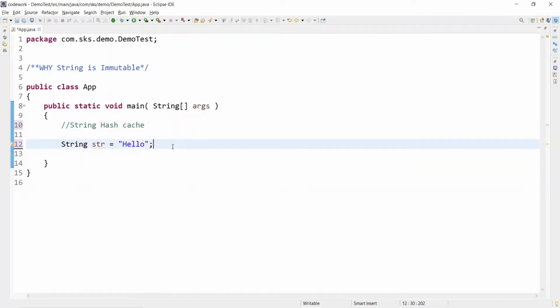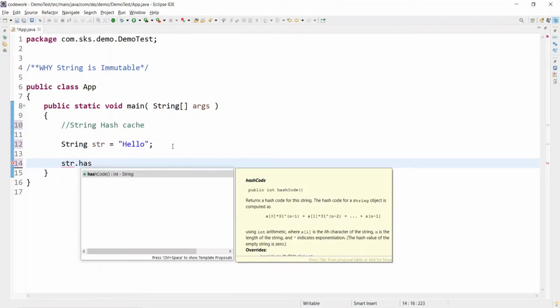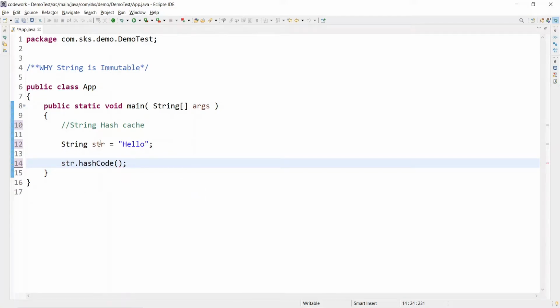If you are doing str.hashCode(), and here instead of str let's take s, so that this will be a better example when comparing with our memory layout.